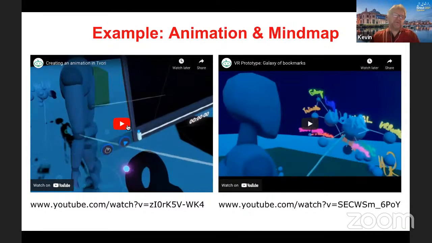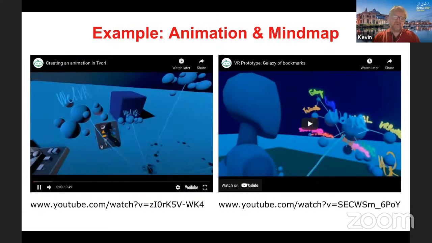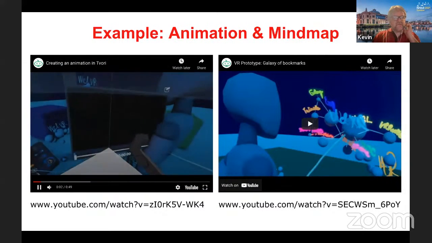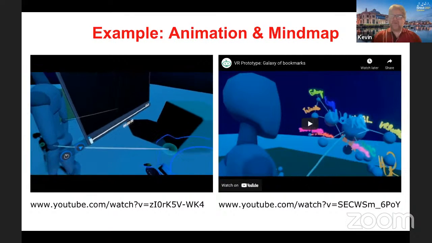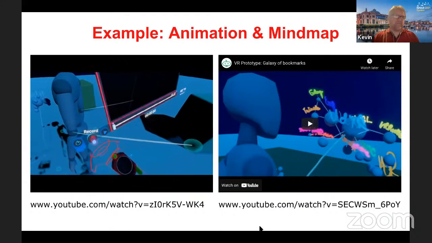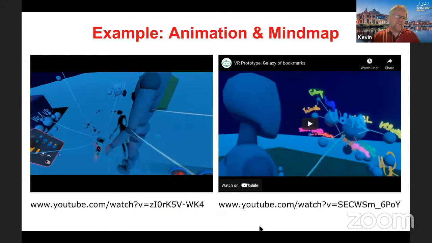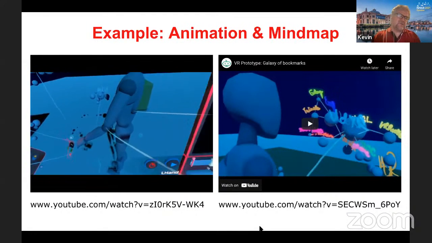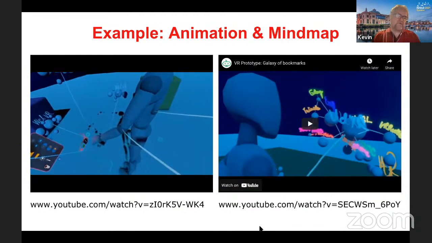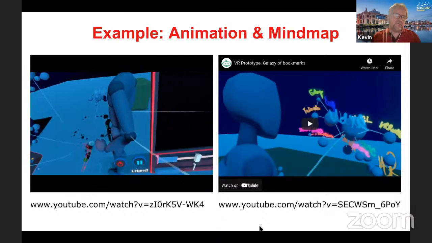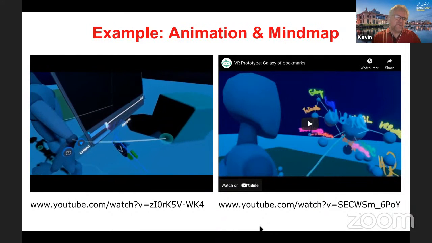So this shows an example of two animation user interfaces for Tvori. So in the first one, you'll see they use this kind of timeline to be able to let you start and stop animations. And then you can just add objects to the timeline easily using the gestures inside VR or the controllers. And then you can control the timeline playback as well. So you can use this as a mock-up to be able to talk to people about how they could fit their exhibit into